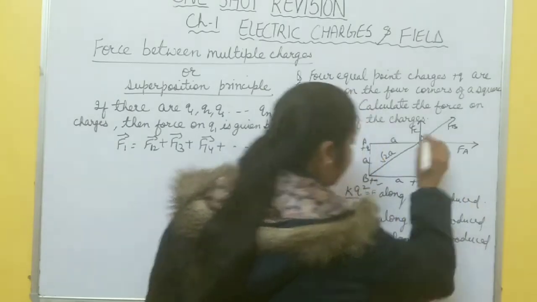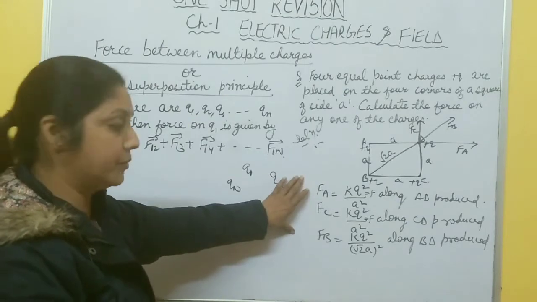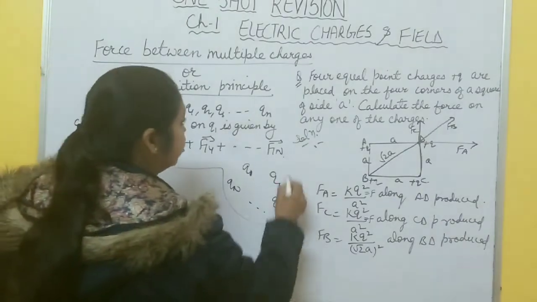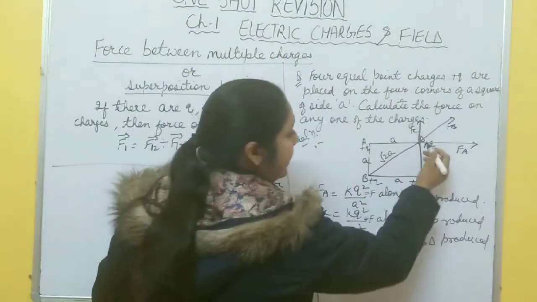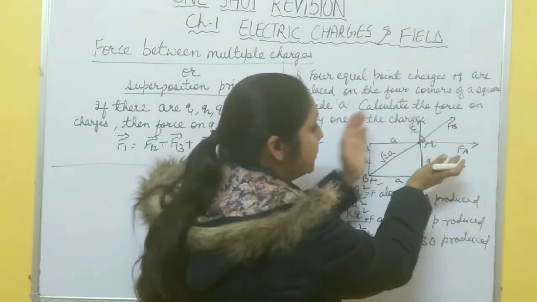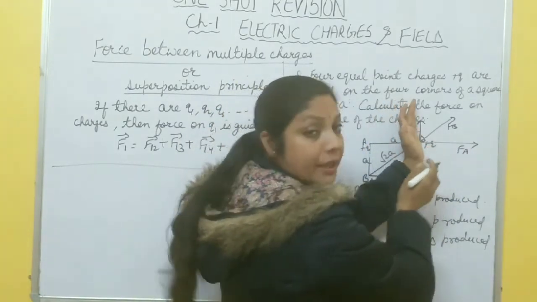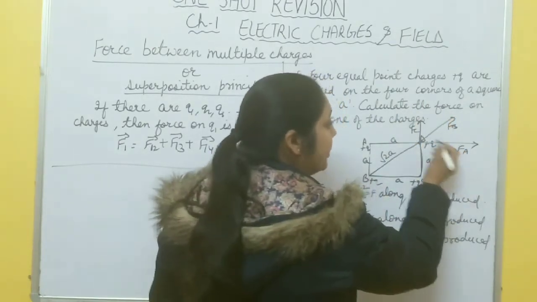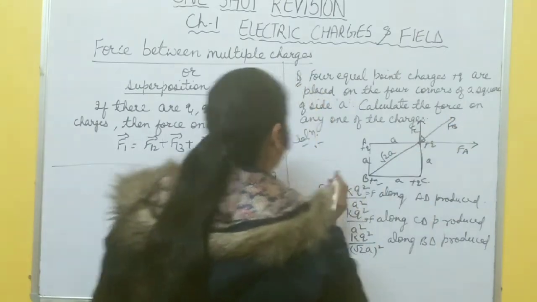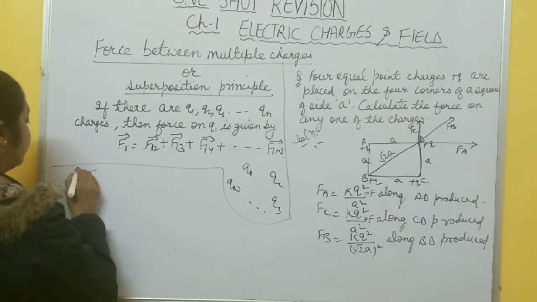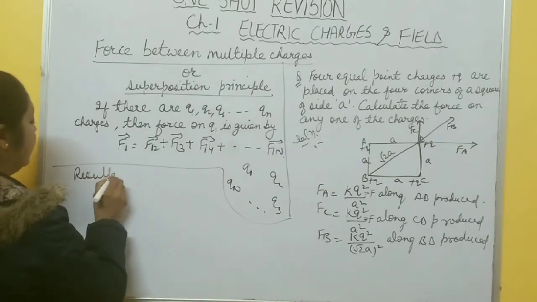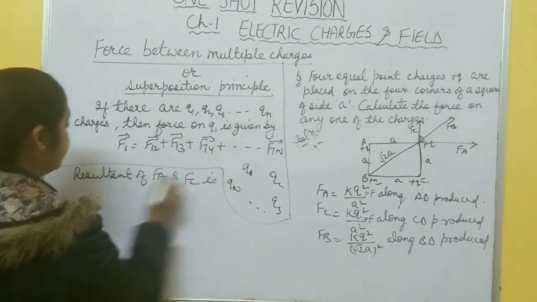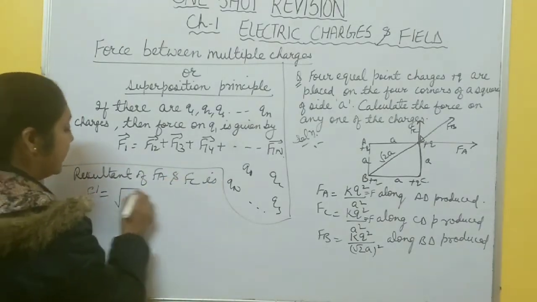So there are three forces acting at this point. Now you have to add these three forces, vector addition using this superposition principle. So how do you add this? Yes. This FA and FC are in two different directions. They are at a 90-degree angle. So the resultant is along this one. The resultant of FA and FC is along this direction. So you find the resultant of FA and FC, suppose F dash, and it is equal to under root.